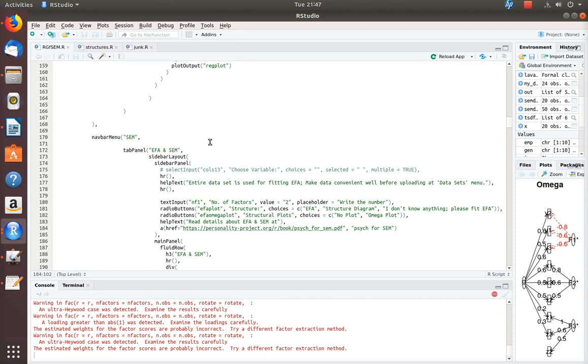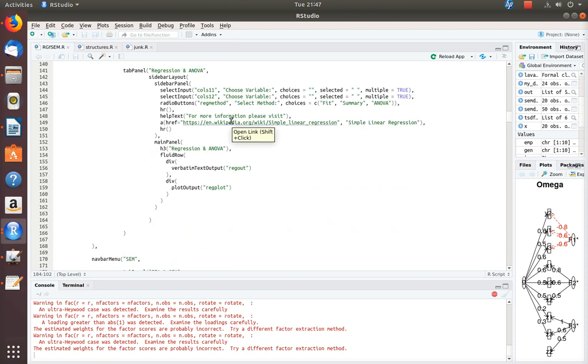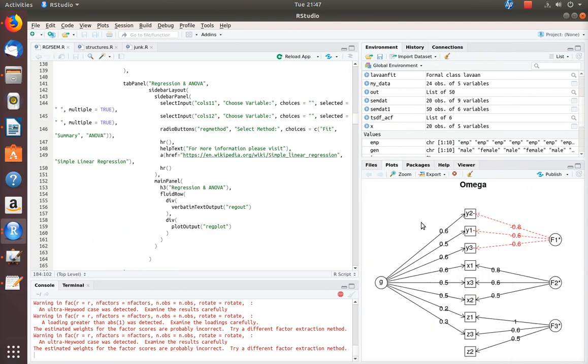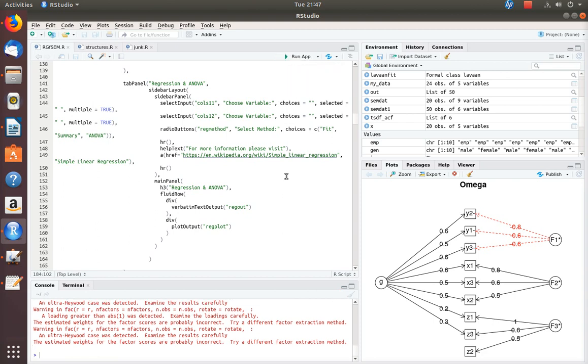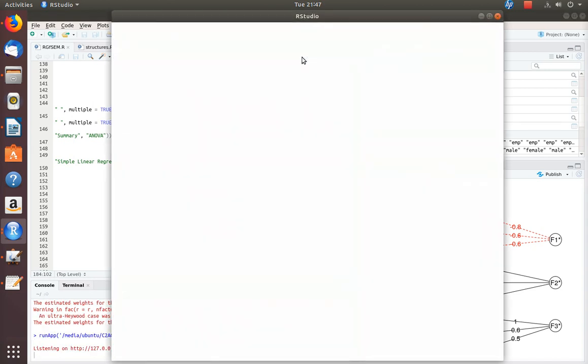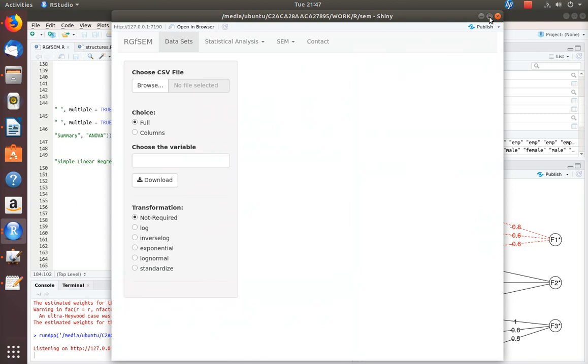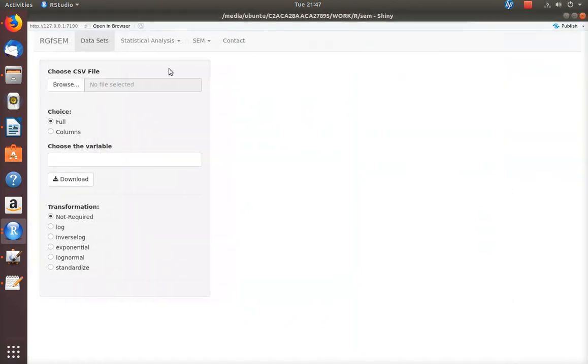Now when you open this file in RStudio, the script file is visible at the top left corner. This is how RStudio looks. In the top left you have the script file, and just to the right of that window partition, you have a run button called "Run App." You just have to press that button, and now your application will be opened in the browser,